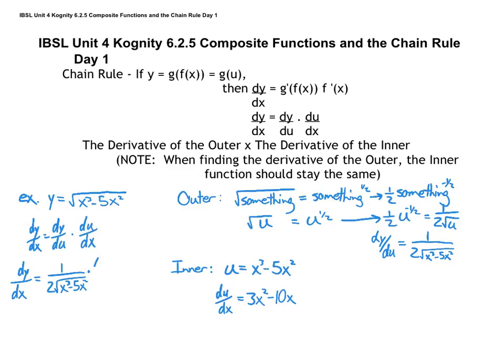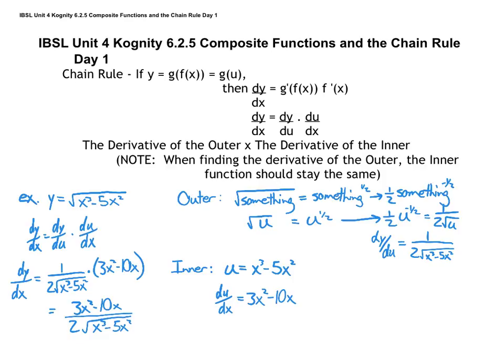Du dx is 3x squared minus 10x. And of course I can simplify that just by writing it as one fraction. 3x squared minus 10x